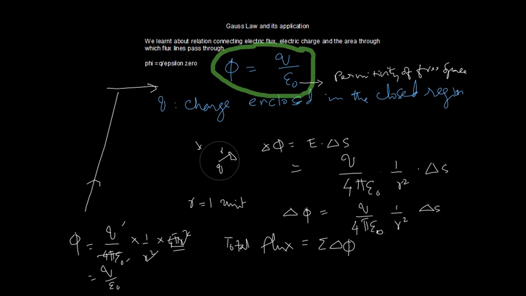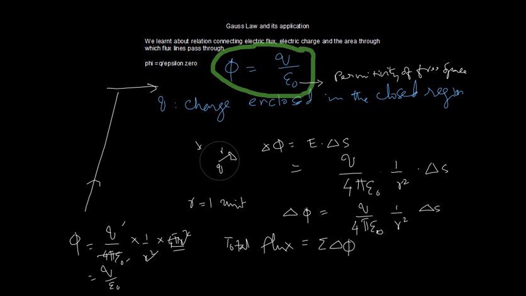So Q is the charge enclosed in the closed region. This is what the Gauss law or Gauss theorem says. Proof is not required, but we are considering a spherical surface and a small area on that sphere. That means like on our scalp or skull, we are considering a small patch. So we know the delta phi in this small area